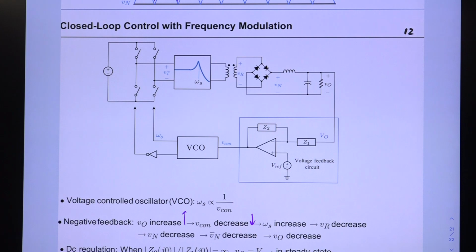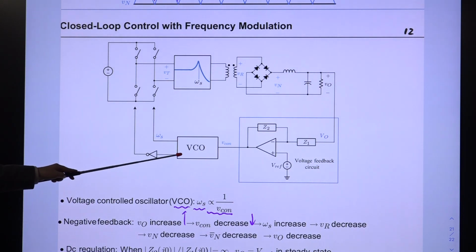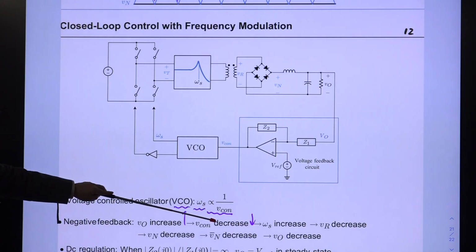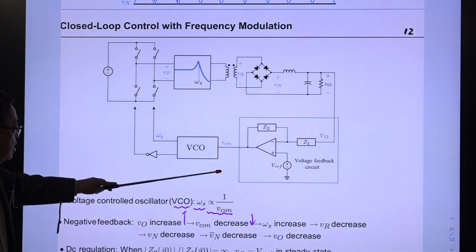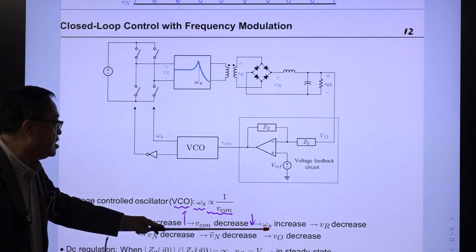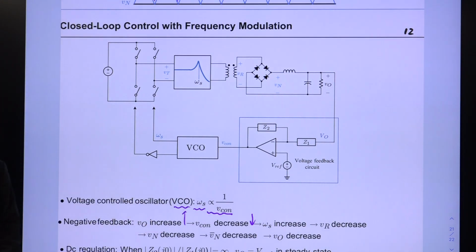Okay, but the VCO has this relationship: this omega s, the switching frequency output of this VCO, is inversely proportional to this. For this case, if V con is decreased, then the switching frequency is increased, right? Because it is inversely proportional. So this will be increased,